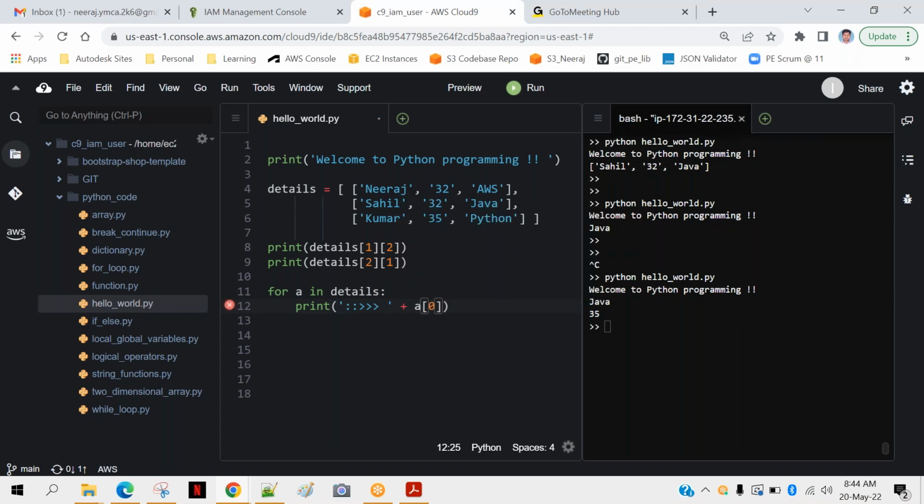Can someone tell me what will be printed? Srikant, any idea what should be printed? Hello, are you guys there? Srikant, you are on mute.